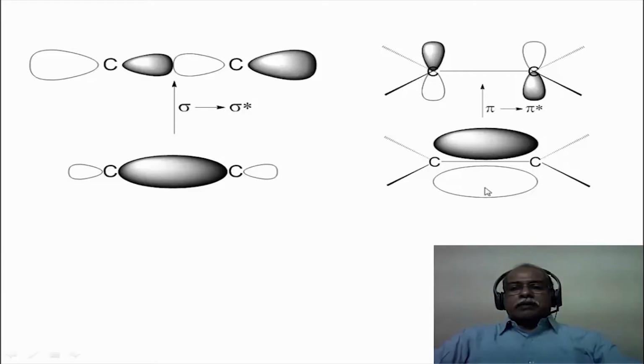So this is the pi molecular orbital with no nodes present in the system, and when it undergoes the excitation from pi to pi star, the pi star molecular orbital is represented like this, with a single node at the center of the carbon-carbon bond. In other words, a node is a point where there is a change in the algebraic sign of the molecular orbital going from this lobe to this lobe. For example, if this is a positive lobe, this would be a negative lobe in terms of the algebraic sign of the coefficient of the molecular orbital.